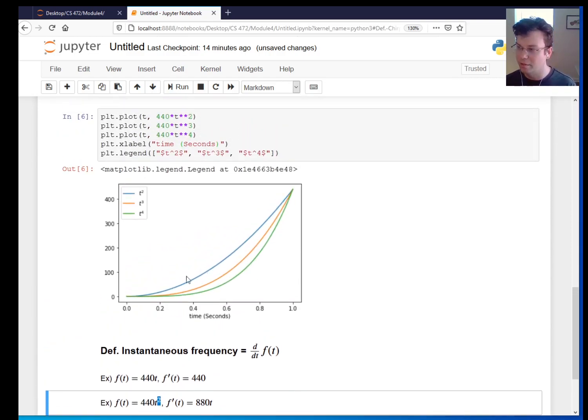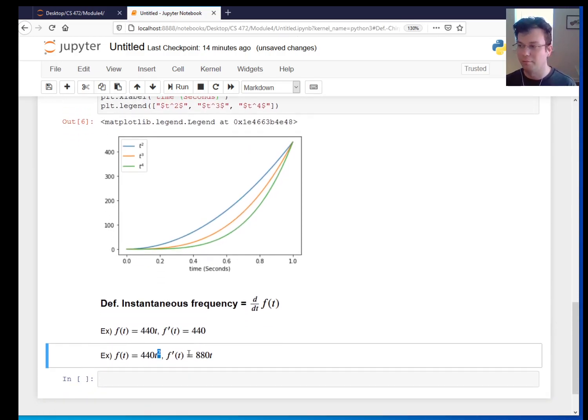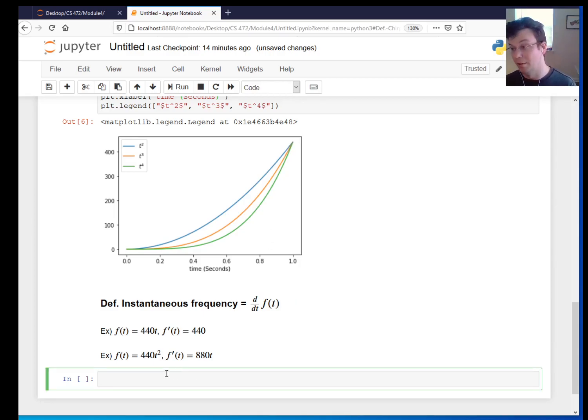So even though it looked like this function was ending up at the same place, its derivative is higher at the end. Okay. So you can see the slope of the orange curve is actually twice the slope of the blue curve. And then similarly, if I go to the cubic function f of t,